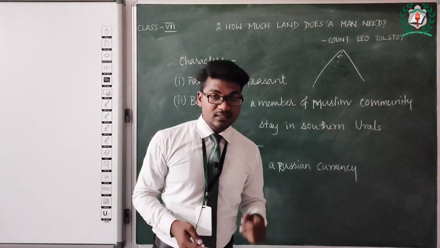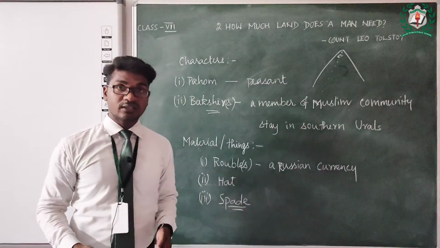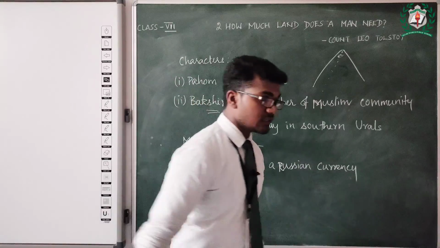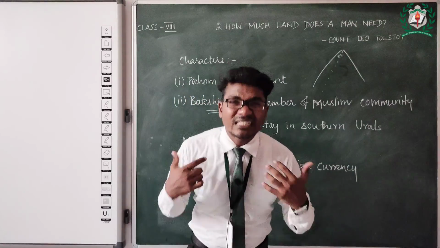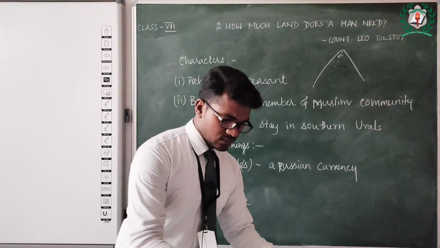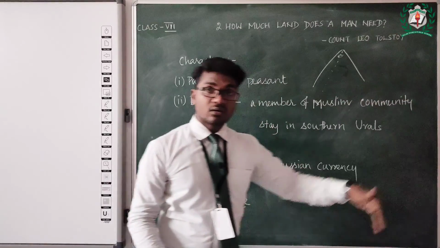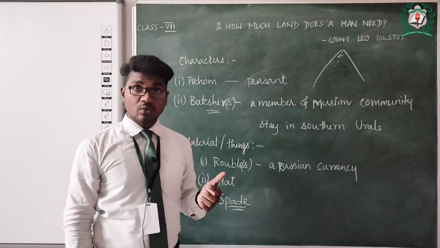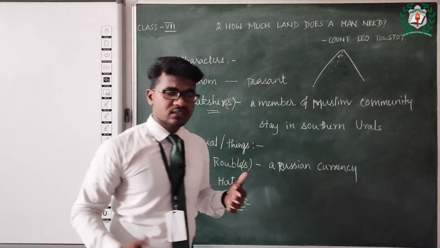One thing he did was, while walking, he took the spade along with him to dig the earth and make a mark, showing the land belonged to him. He was so greedy. So he began to dig a small patch wherever he went. And while coming back, he had to reach fast before the sunset. So he reduced his walking part and began to walk very fast.